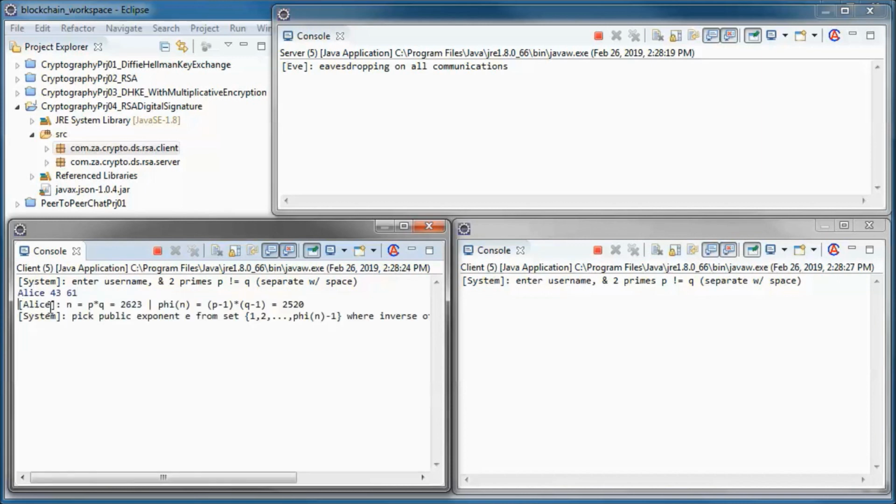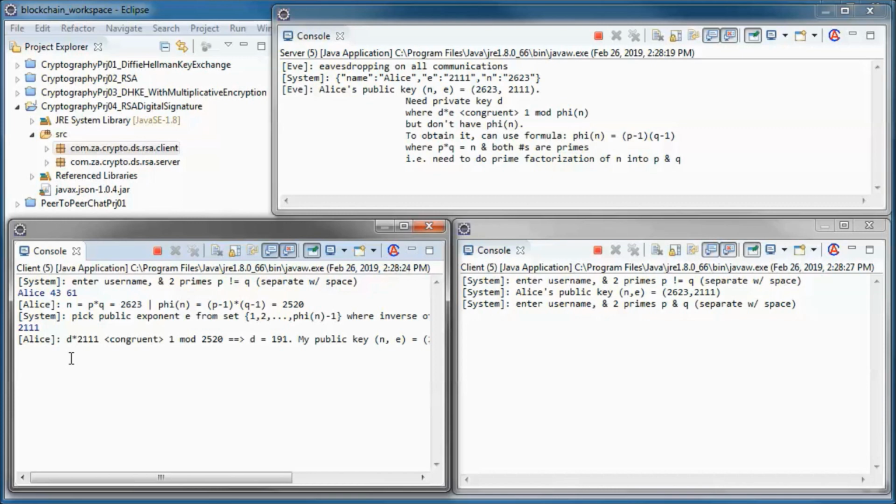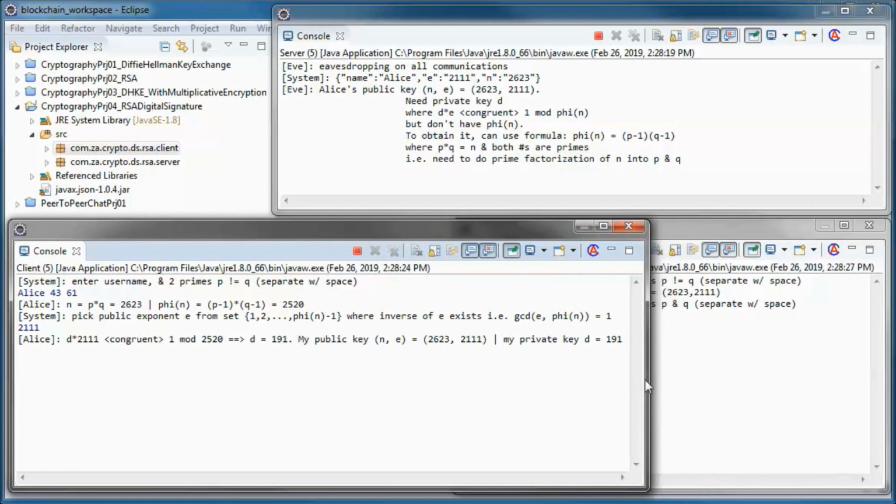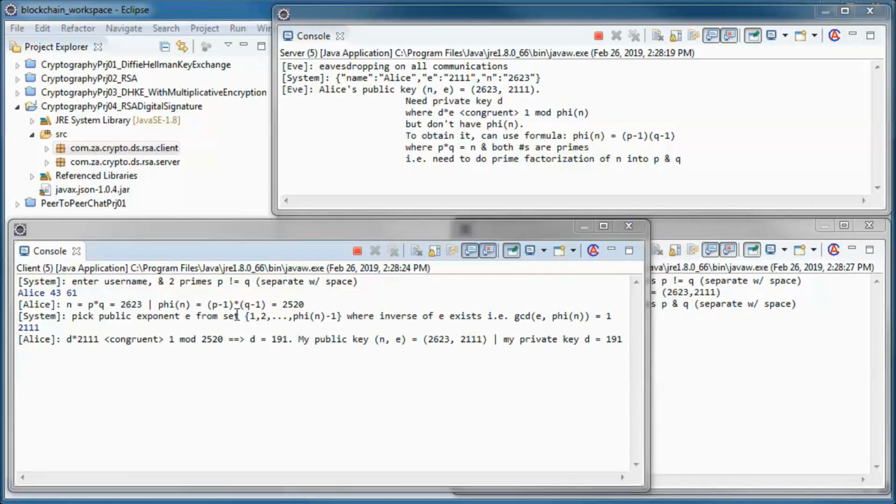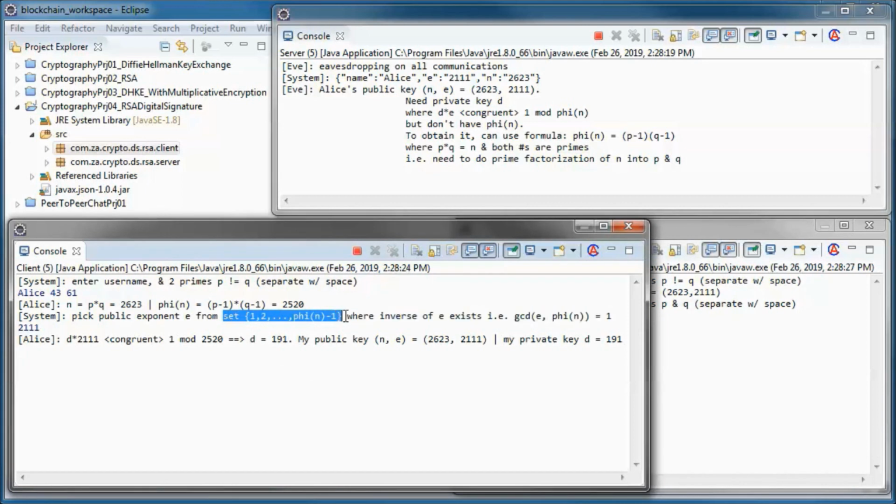So Alice picks those two prime numbers and calculates n and phi of n, and she picks this public exponent from this set where the inverse of E exists, meaning the GCD of E and phi of n is equal to 1.